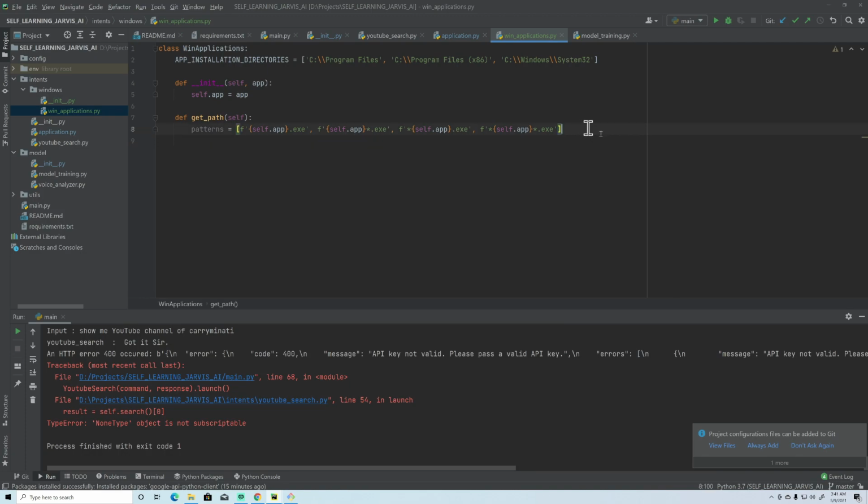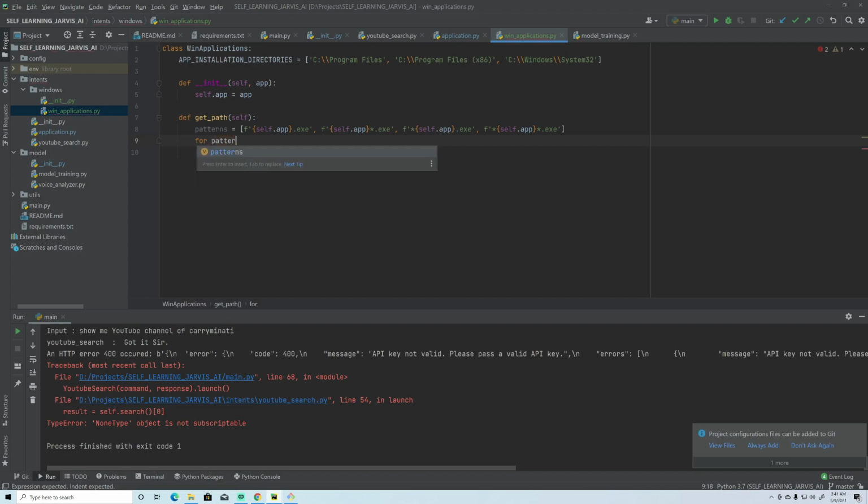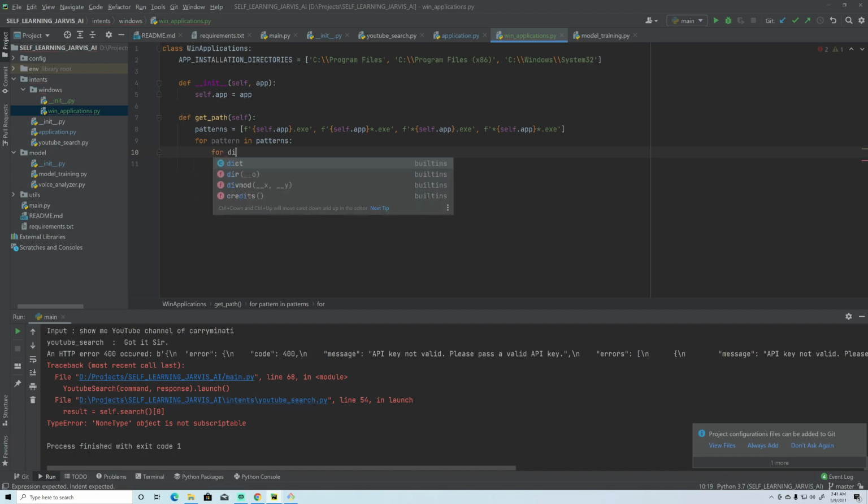Yes, now the next thing we need to do is search for all the patterns. So for pattern in patterns, now we need to search each pattern in all the directories, right? So again I need to loop it for directory in self.application_directories, right?